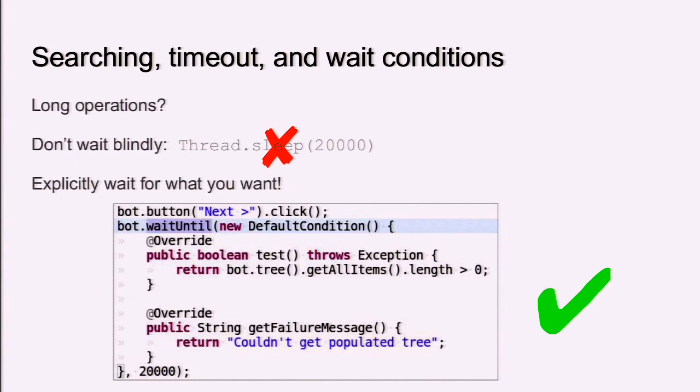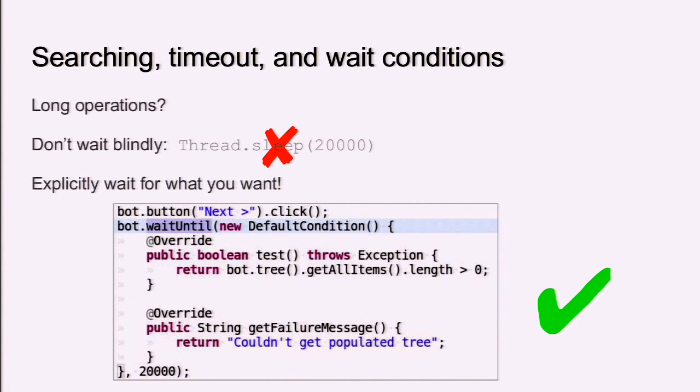And by default, SWTBot has a timeout strategy, which says, okay, if the widget as requested doesn't arrive within 5 seconds, I break. However, in many cases, it is better, if you have some complex logic, rather than just increasing the timeout